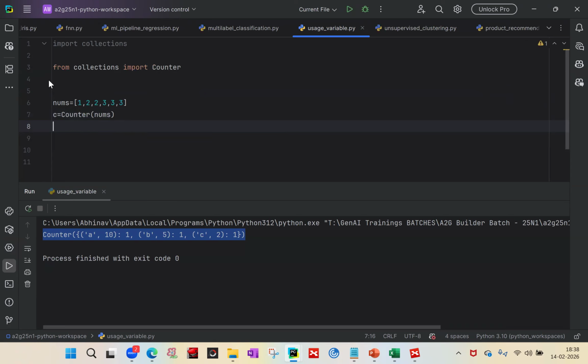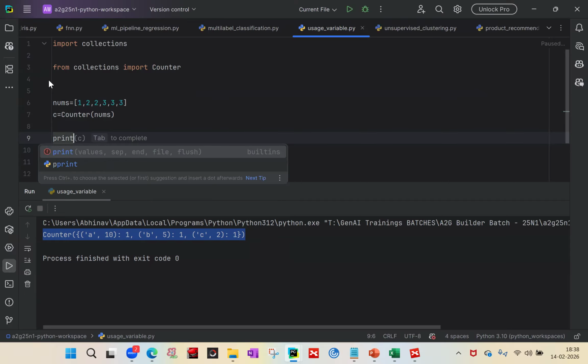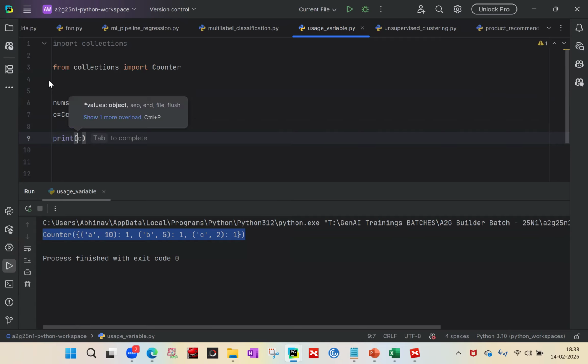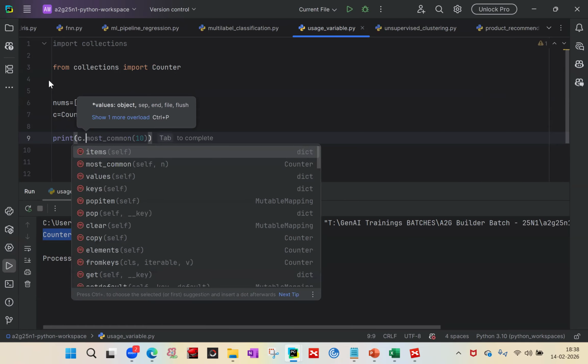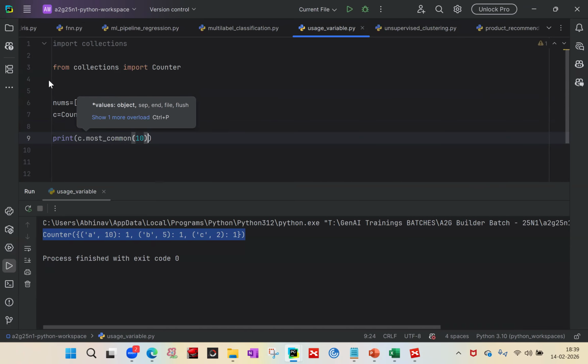Counter on nums I am doing. So it will basically store how many times each element is appearing. And now what I want to do, I want to print the most common element appearing in this list. So most common, if I'm giving one, it will print the most common appearing element. First most common,